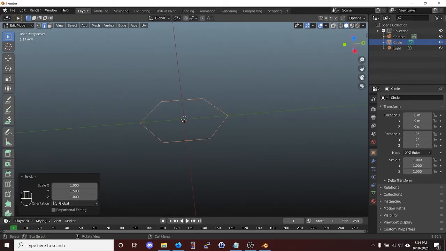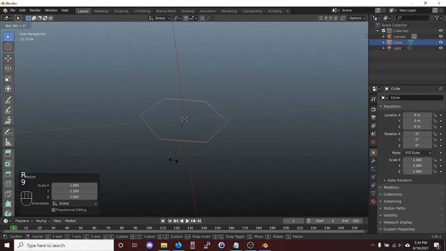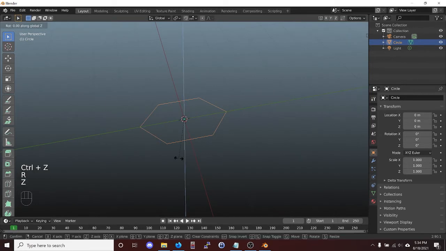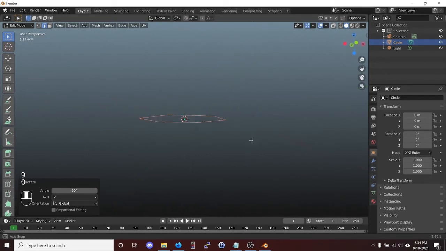And we're also going to rotate this 90 degrees. And by default that should go around, oops, it did not. So make sure to scale that to the z-axis and then do by 90 degrees. Yes, and so that should give us a hexagon right on the XY plane and kind of a stretched hexagon